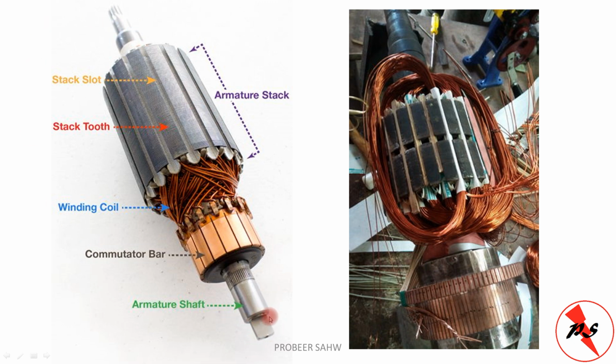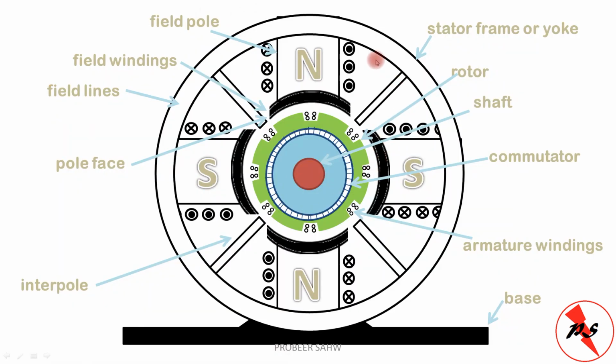So what will happen when this rotates? If it is a generator, if we set the armature shaft into motion, it will rotate. EMF will be induced in these windings, and then the DC current will flow to the commutator brush, and then we take that current out of the brush. I would like to beg your pardon: the EMF induced in this winding will be AC in nature. So the current collected by the commutator bars will be AC, but when it is given out to the terminals, it will be converted into DC. How this can be done, we'll see in a few moments. So this is the story so far.